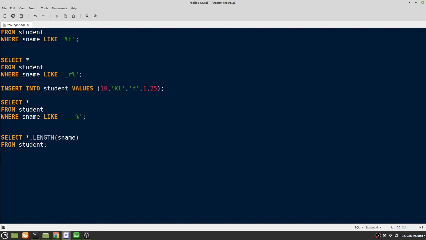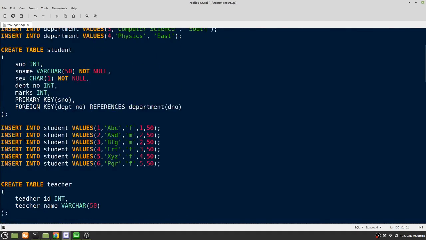You can see some more examples of scalar functions. If you want to change the casing of name, say for example I want to display the student names all in capital letters, then you can use the UPPER scalar function. And if you want to change everything to smaller letters or lowercase, then you can use the LOWER function. Okay, so let's try that out. Select star or say SNO, and I want to see the name in uppercase letters, so UPPER SName, and some other column.